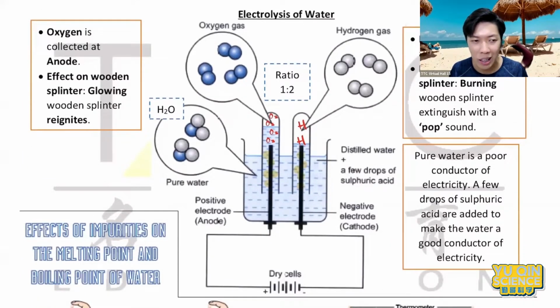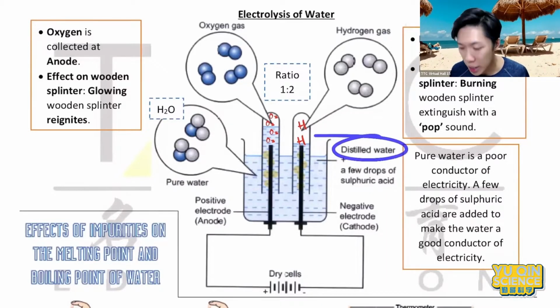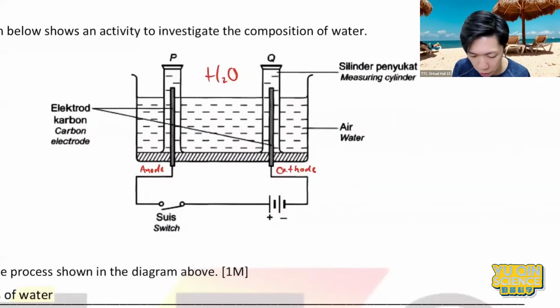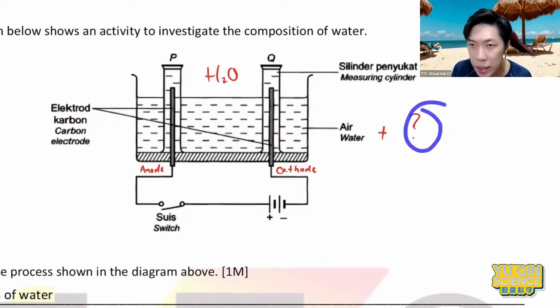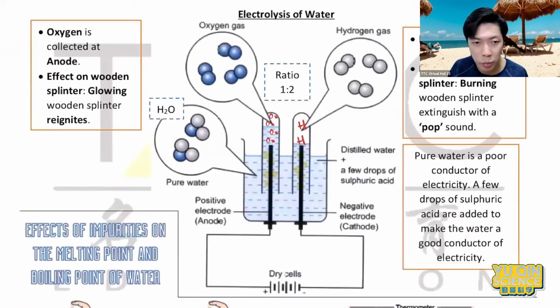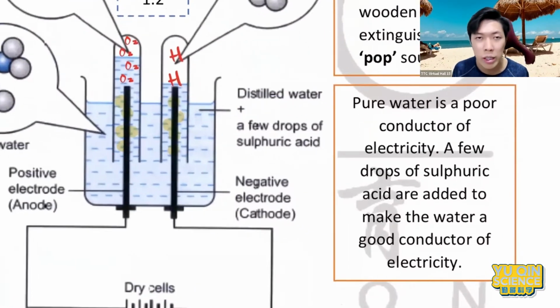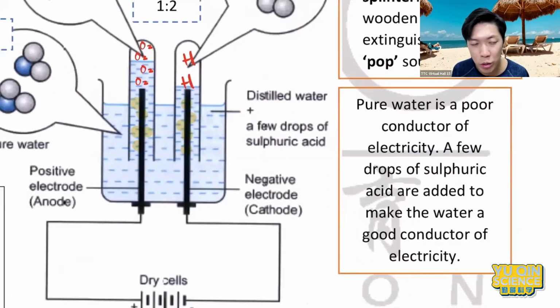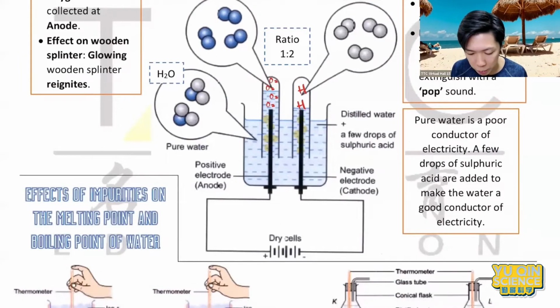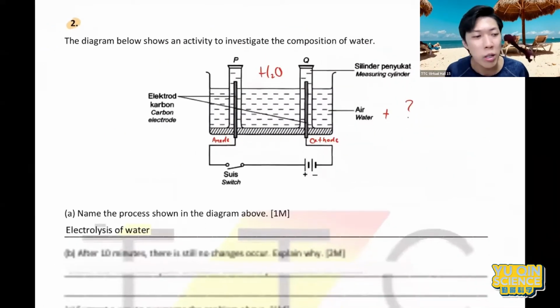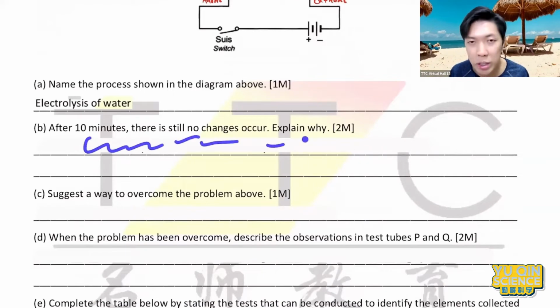So the problem here is that water itself is actually not a good conductor. So something is missing, because it is water plus something. Water should be added with sulfuric acid. So sulfuric acid is missing. Basically water is a poor conductor. Without sulfuric acid, electricity doesn't pass through. So the reason nothing happens here is because there's no sulfuric acid. But if you write like, because sulfuric acid is not added,